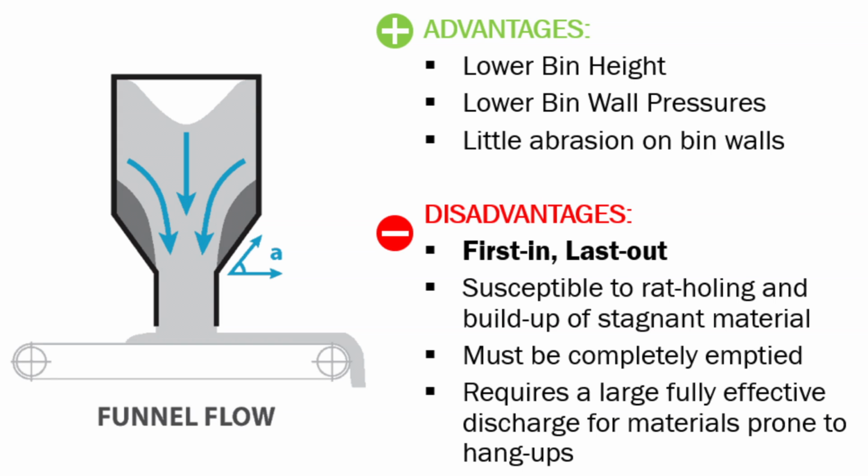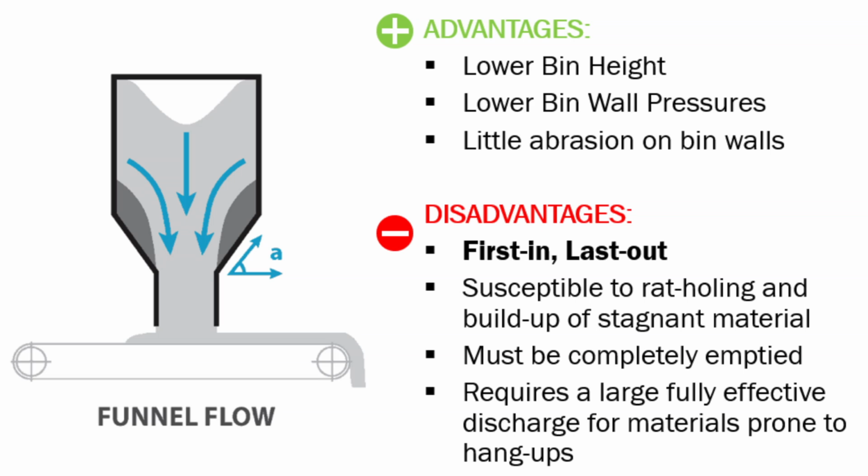Second, because material is stagnant along the bin walls and not sliding along the bin walls, you have less pressure on your bin walls, which means that there is less requirement for bin wall stiffening in order to hold the shape of the bin. Also, the stagnant material acts like a natural liner, and so there is less abrasion on